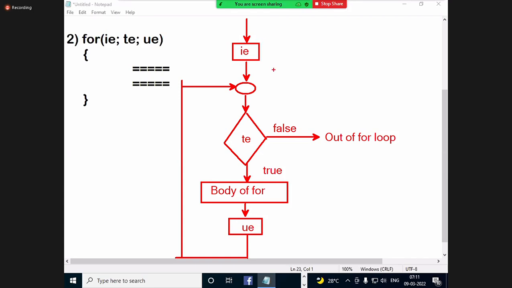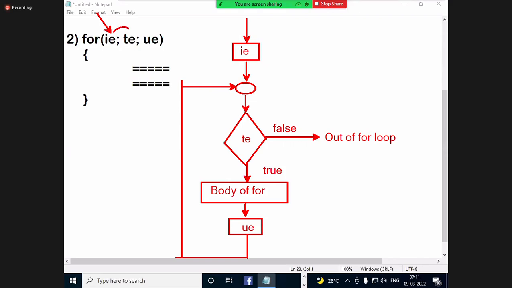Now, is it over? See the execution flow. First, the initialization expression is executed. After the initialization expression, control comes to the test expression.